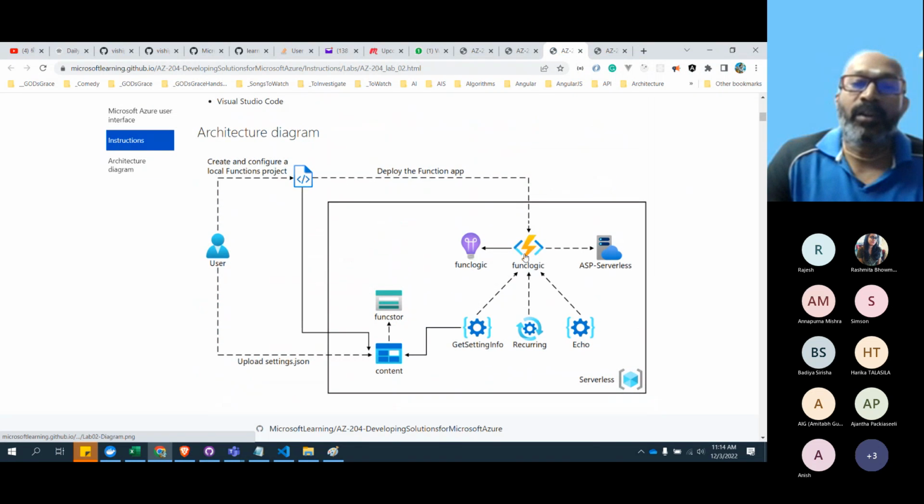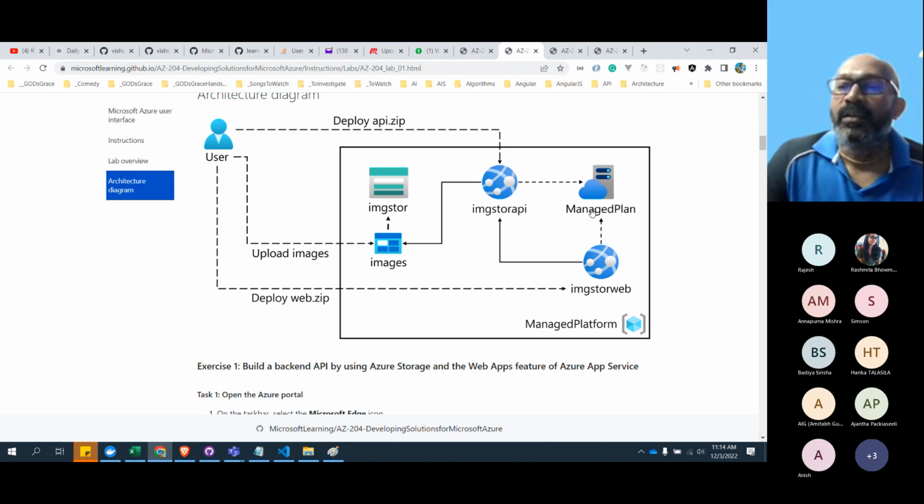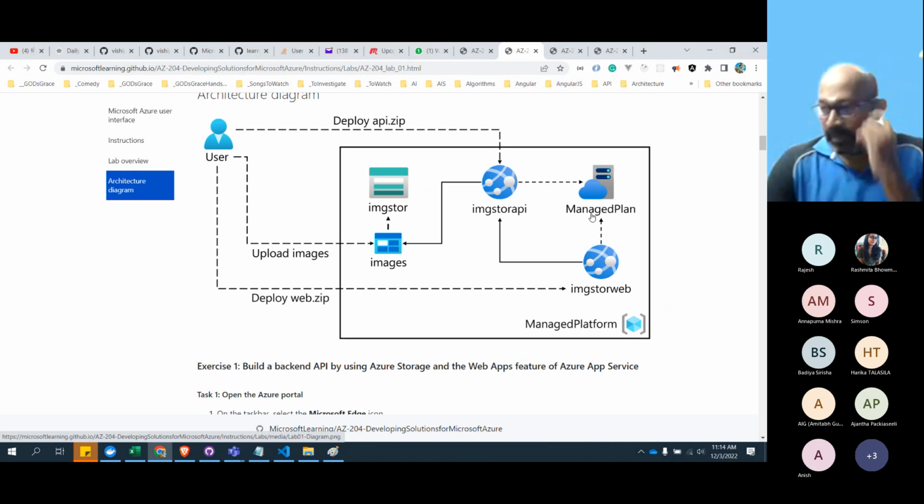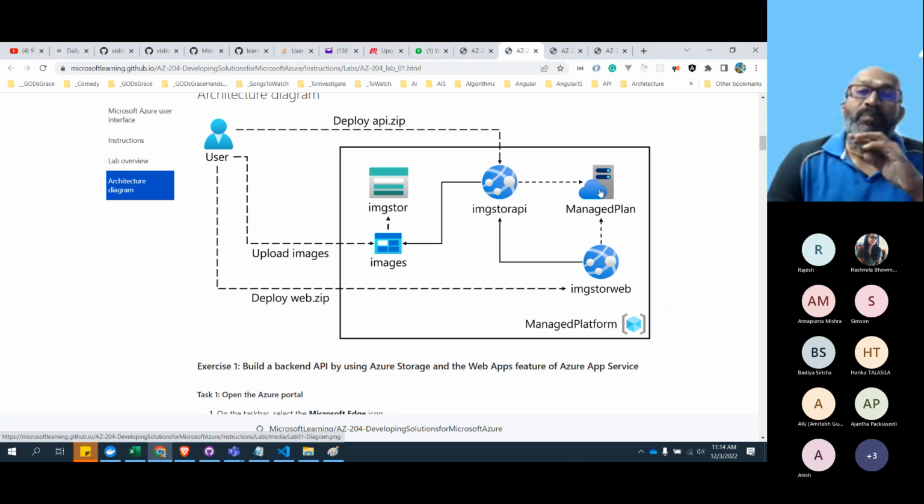Even though it is one function app, it has got three different Azure functions. It's a serverless plan. Here it is the app service plan, that means whether you use it or don't use it, we are going to pay 5,000 rupees in the S1 plan.